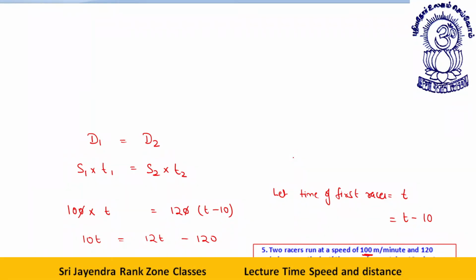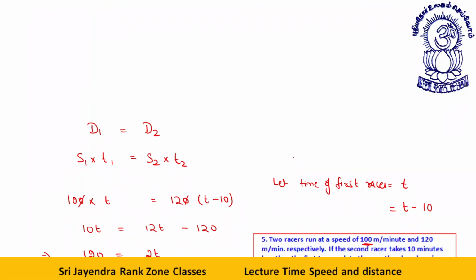I have some space. The third approach for such sort of questions is, see, what is the difference in the two times? Let's say in the second case, the person takes 10 minutes less. So t1 minus t2. The first time is greater than the second time by 10 minutes. So what is the time first?